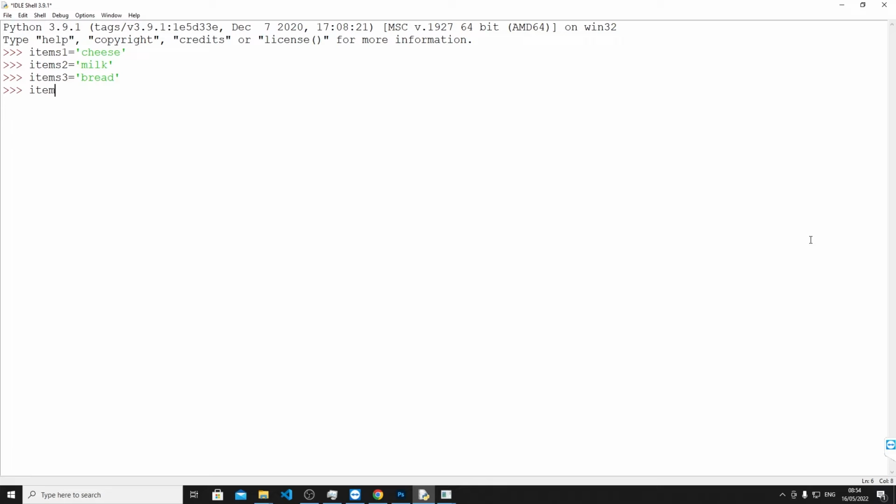So a list just simplifies that by doing something like this. So if we say items, and we use a square bracket to indicate it is actually a list, and then we put these individual items in there. So cheese,